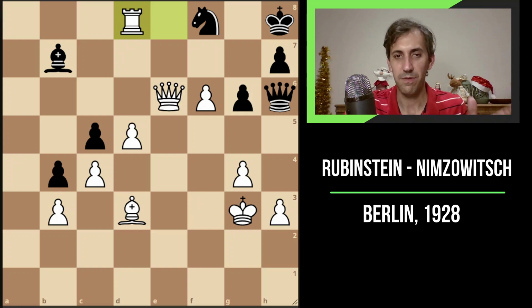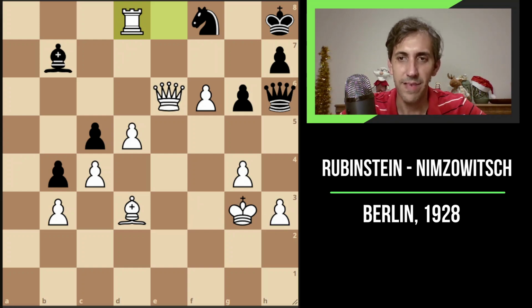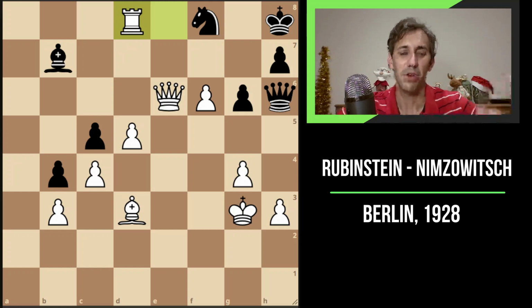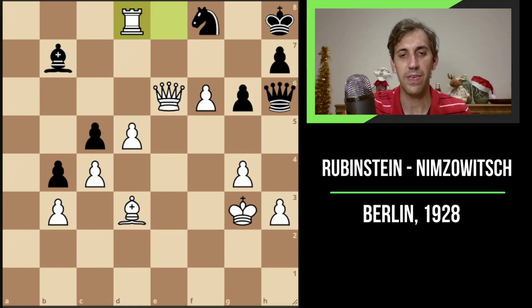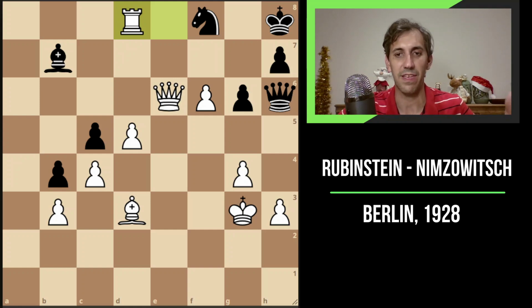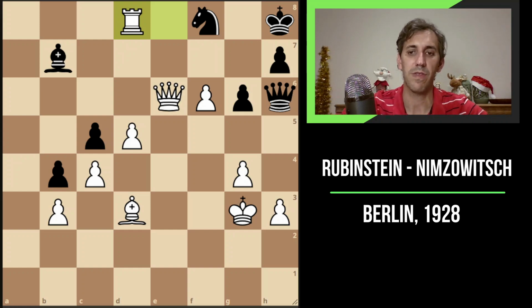So you see, Nimzowitsch had a very clear-cut idea when he came up with the Nimzo-Indian. He would trade the bishop on c3, put all the pawns on dark squares, work against those double pawns. And then Rubinstein came up with this idea at some point to, well, not allow the doubling of the pawns. So experience was built this way. Someone would come up with a new idea against this. I'm not claiming that Rubinstein came up with this idea of taking back with the piece on c3, but you